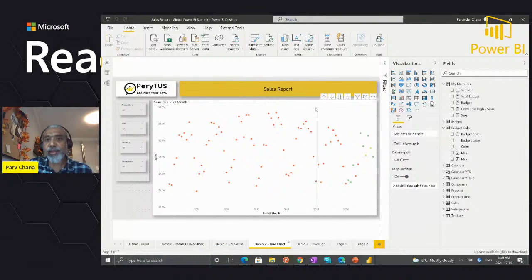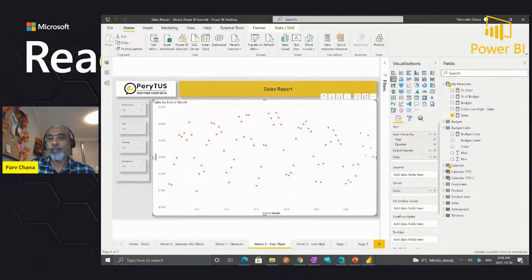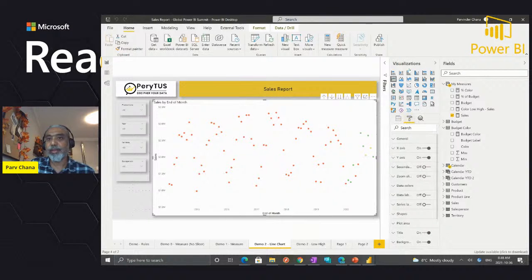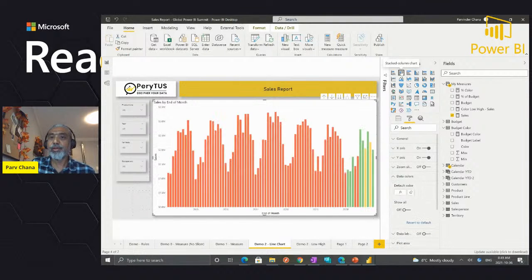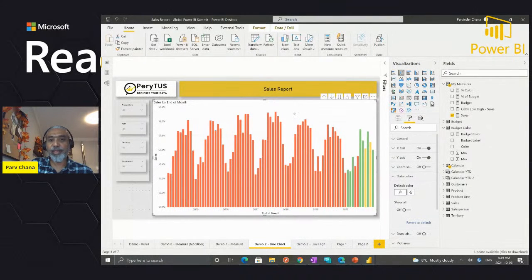So a line chart, as we all know, does not allow this. This is a line chart showing data points, again with the same measure used for the percentage, but this line visual, as you can see, does not have the same conditional formatting option. The best way to apply conditional formatting on a line chart is to first create a bar chart. In the bar chart, you apply your conditional formatting, again using the field value percentage color. I'm showing the sales by date, I think.